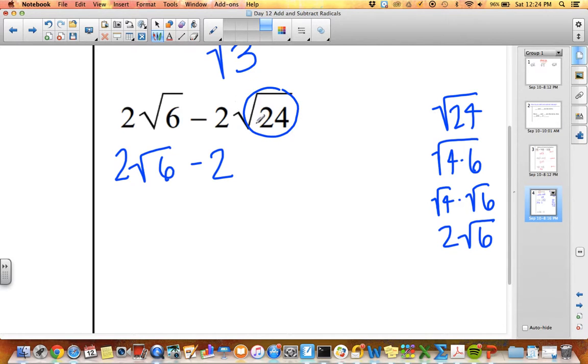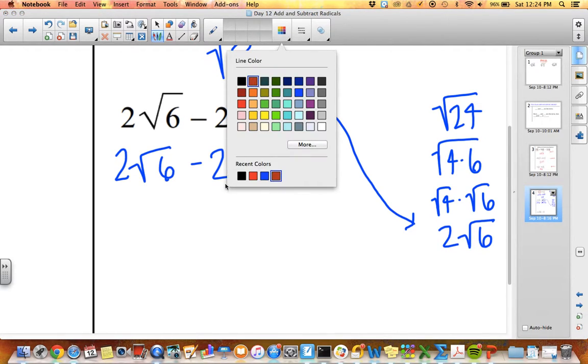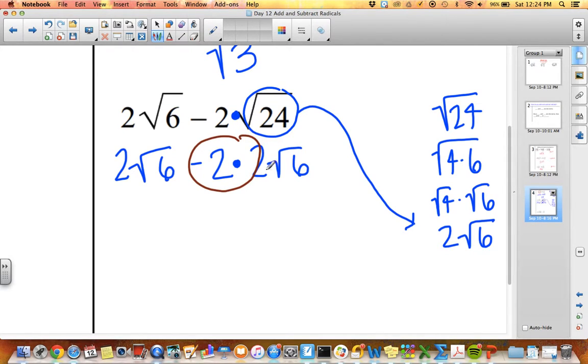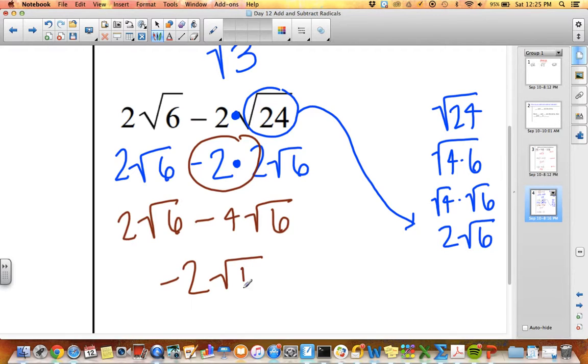Now since these are side by side, that operation is multiplication. So I'm going to multiply this negative 2. Well, this now simplified to 2 square roots of 6, so I'm going to replace that right here. But I have to multiply these in: negative 2 times 2. So I'm going to have 2 square root 6, and then negative 2 times 2 is negative 4. So I have negative 4 square root 6. Now my radicals are the same, so I just add the coefficients. 2 minus 4 is negative 2. So I have negative 2 square root